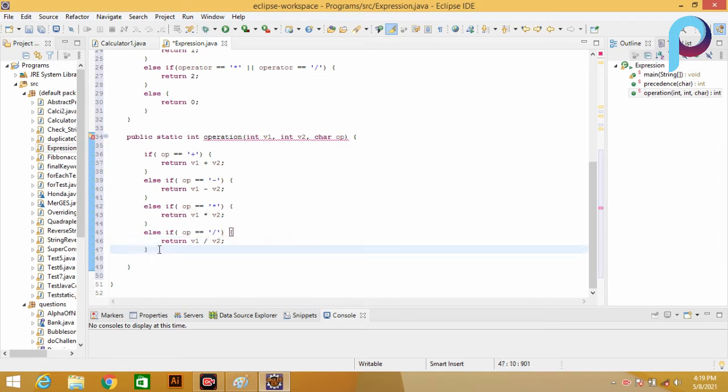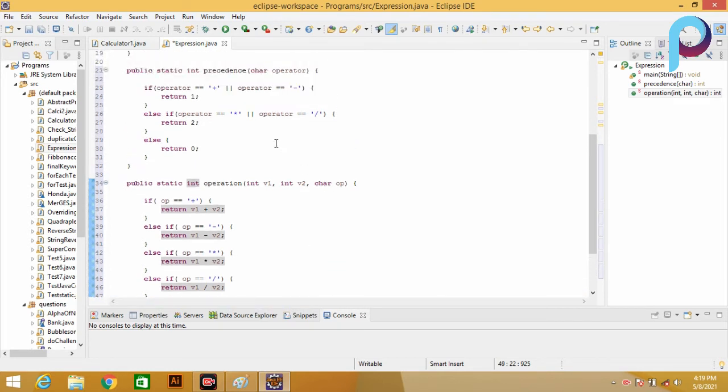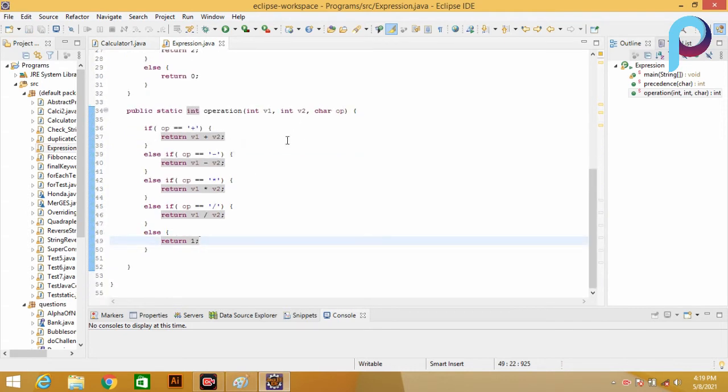Well, this is an integer type function, so we return 1. Okay, so now guys, we made two functions: a precedence function which returns the precedence of an operator, and an operation function which returns the operation on the operands accordingly to the operator. If there is a plus, we return v1 plus v2. If there is a minus, we return v1 minus v2. If there is a multiply, we return v1 multiplied by v2. If there is a divide, we return v1 divided by v2.